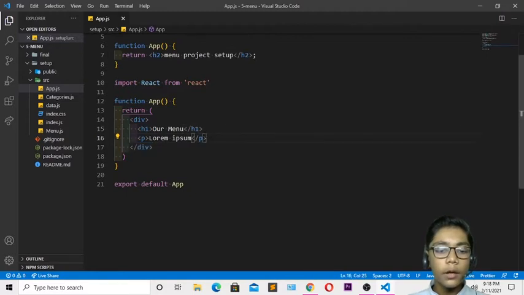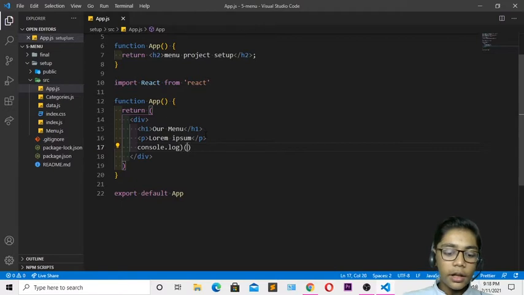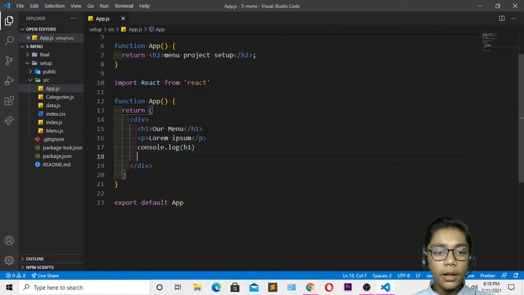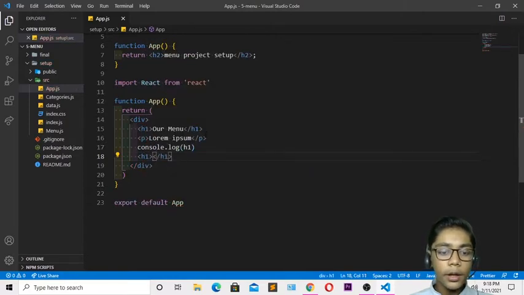Now you have to come over here again, and I will be creating a file called console.log. Then in that I will be writing my h1 tag. So I'll be writing h1 over here. Then when you've done all these things, I will be creating a file. So I will be writing h1 over here. Just do like that, and then I will be creating another file called menu. I will only be writing the menu. Then you have to hit save.